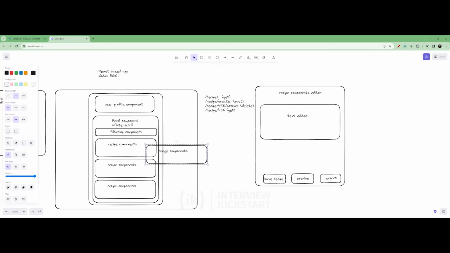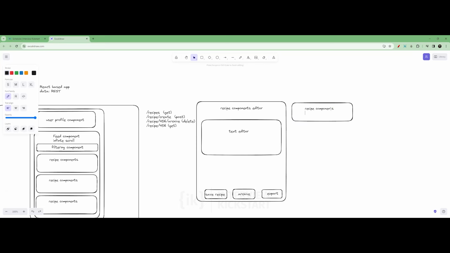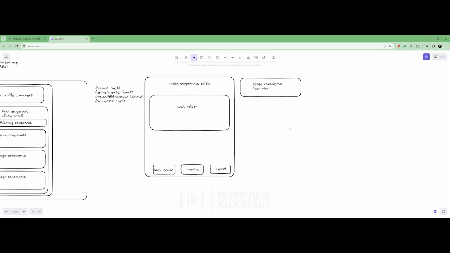I'm going to group this selection so I can edit this component, feed view. And this will be a way simpler component that will just give us a preview of that recipe and